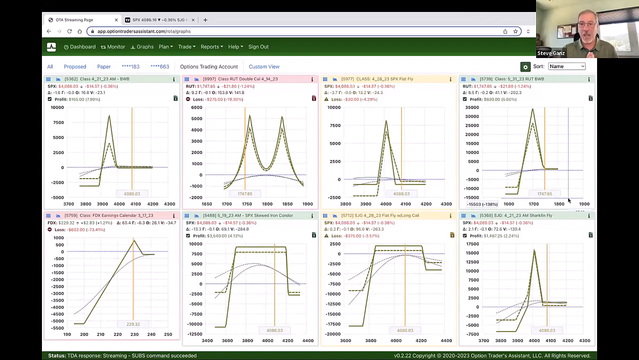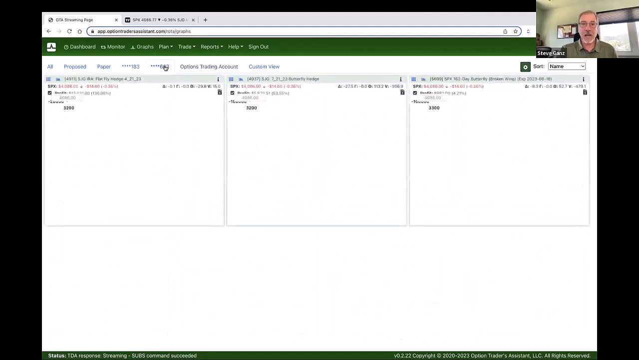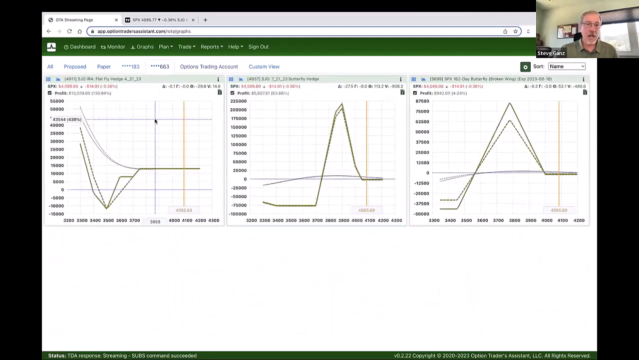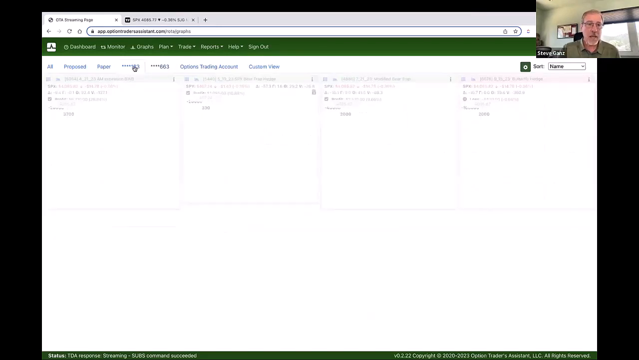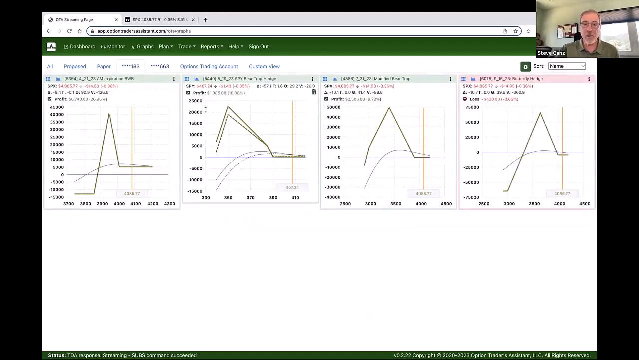This gives me just a quick glance at all of my open trades, again broken out by account. So these are trades that I have open, for example, in an IRA account. These are designed to be larger hedge trades. Most of them are butterflies because that's predominantly what I like to teach. And again, I could just very quickly look through account by account and have a high level view of